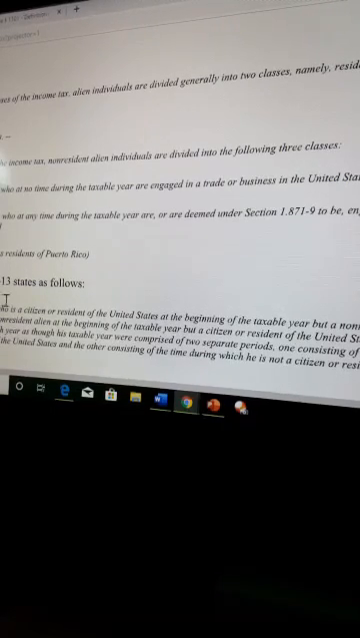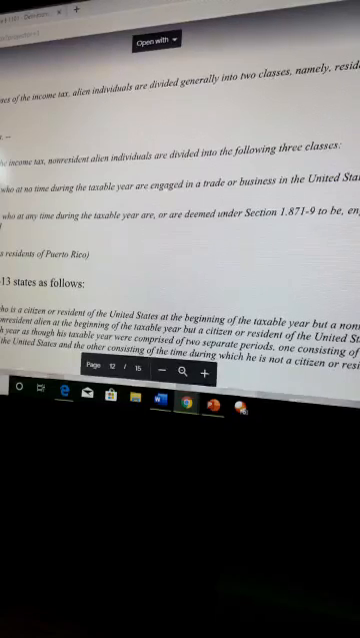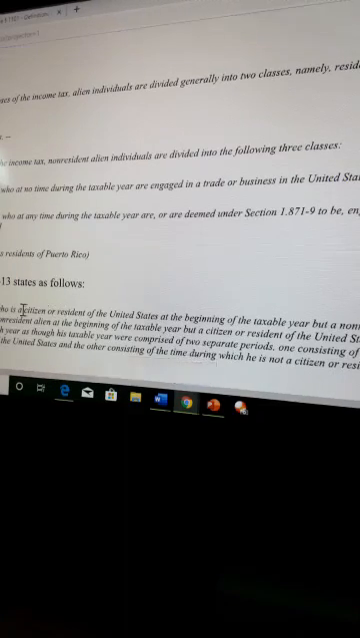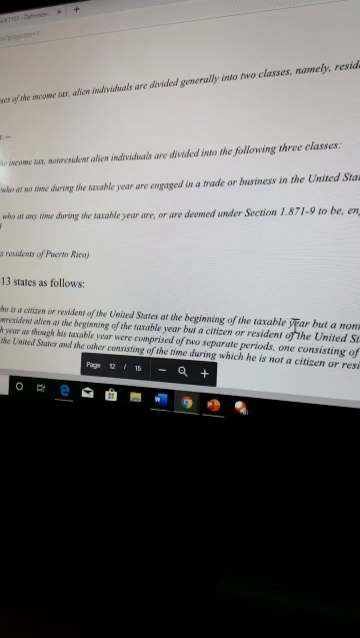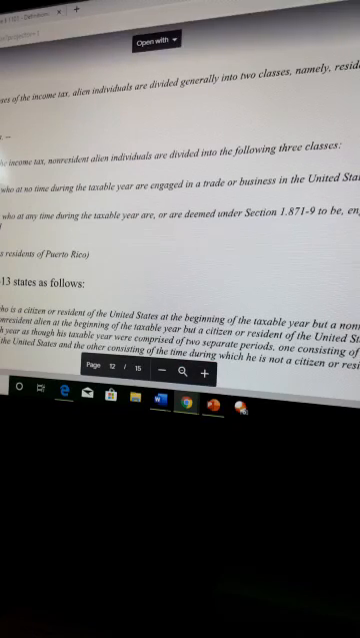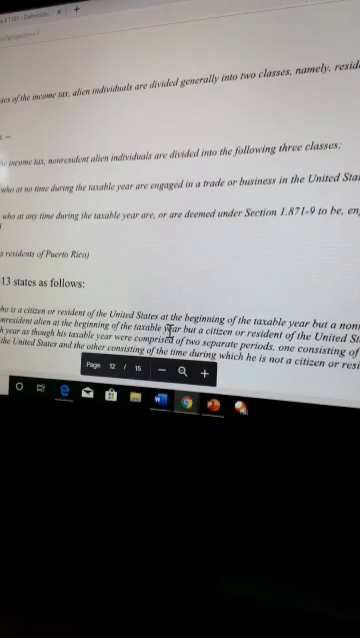26 CFR section 1.871-13 states as follows. A, in general, an individual who is a citizen, lowercase c, or resident of the United States. So what are we talking about? Title 28, subsection 3002-15B, I believe is what it is. Correct me if I'm incorrect on that. But it states that the United States is a federal corporation. At the beginning of a taxable year, but a non-resident alien at the end of the taxable year, or a non-resident alien at the beginning of a taxable year, but a citizen of, or resident of the United